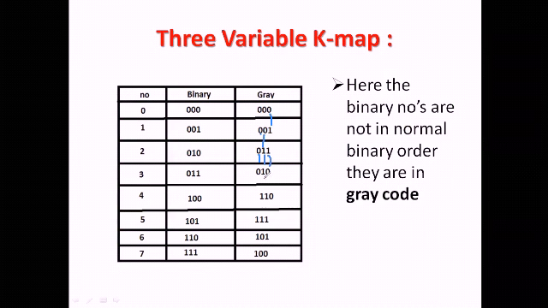Similarly here, this and this is same. Again, this bit is changed. That is the change bit. Here, what is the change bit? These 2 bits are same. This is the change bit. Again here, this is the change bit. And this one, 1 and 0, is same. This is the changed bit.